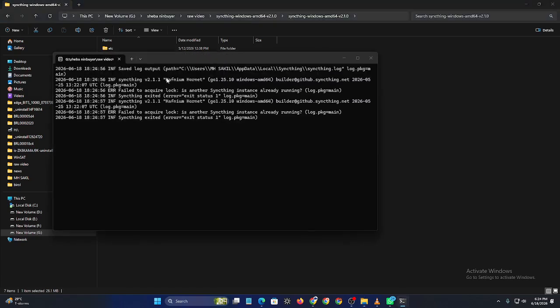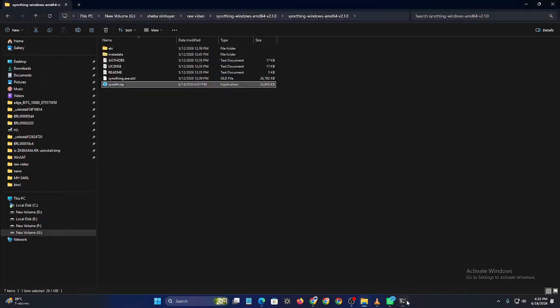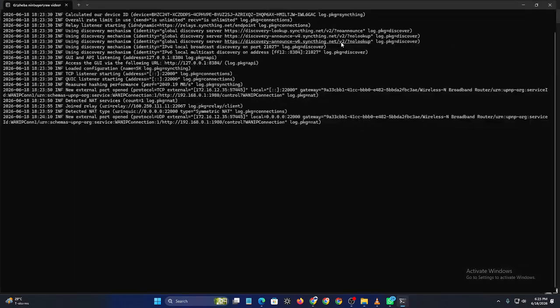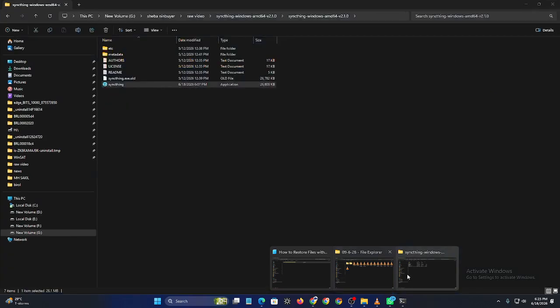If versioning was configured previously, Syncthing may have stored older versions of deleted or modified files in a version archive folder. Browse the versioning directory and look for the files you need to recover, and that's how to restore files